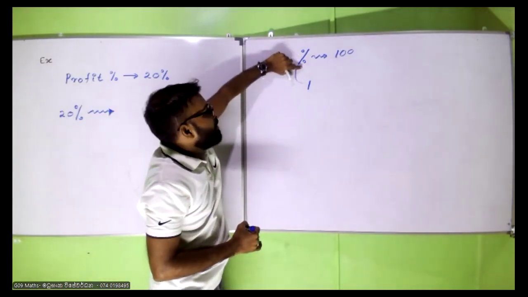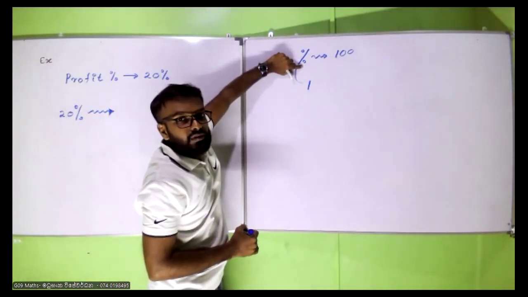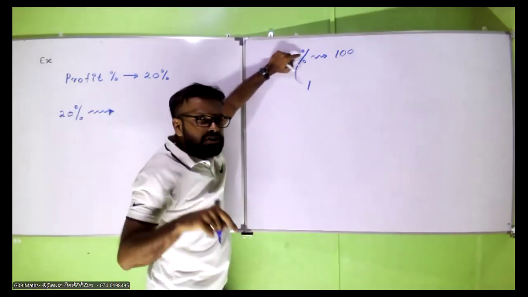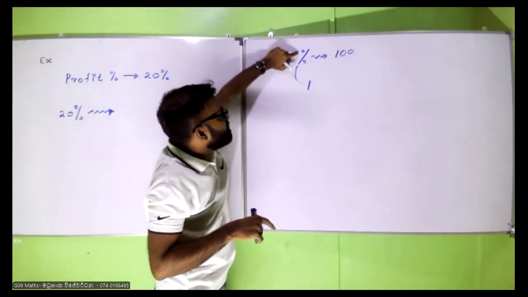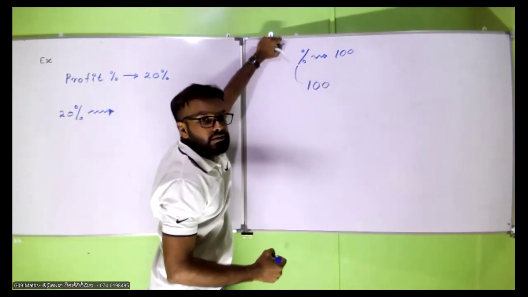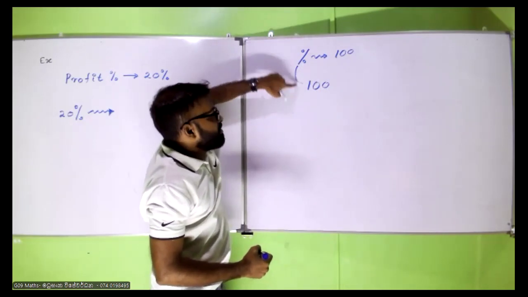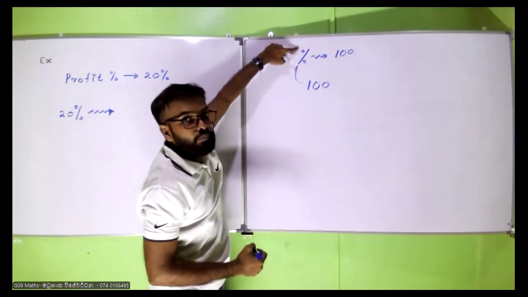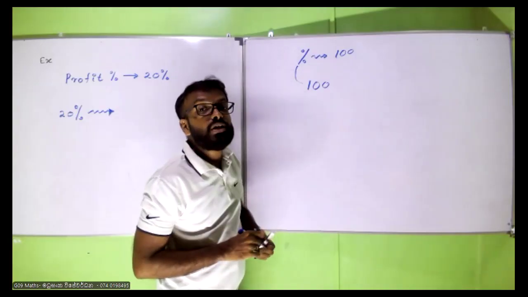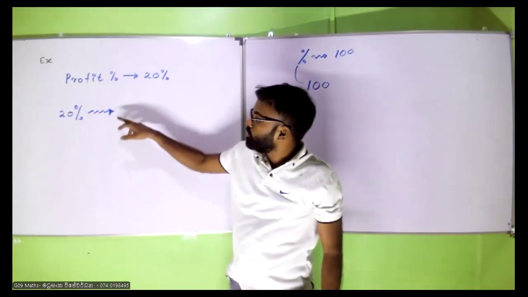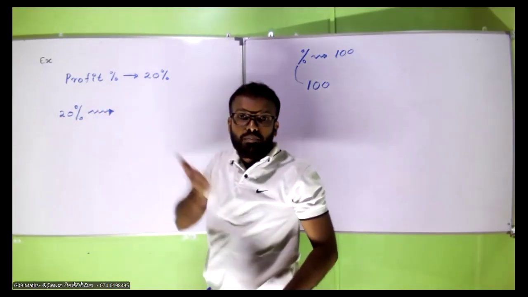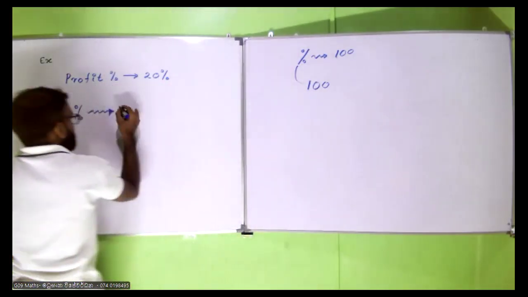On top of that and below that, right? Top and bottom, you will be having two small circles. Name two zeros. First zero, second zero. 100. This dash represents 1 and top 0, bottom 0. Percent means 100. It comes to the denominator. 20 over 100. 20 divided by 100. So this is the fraction.